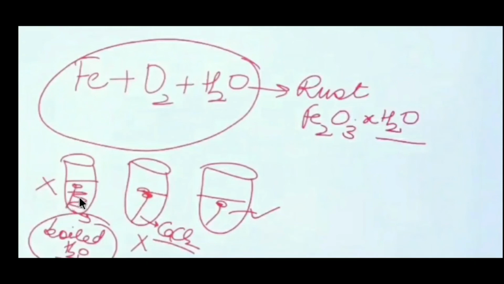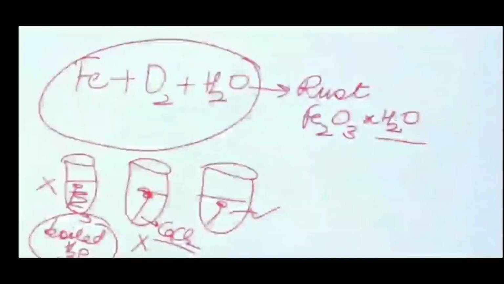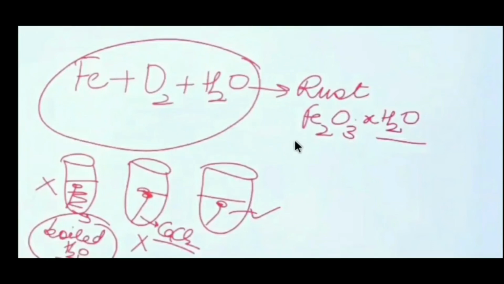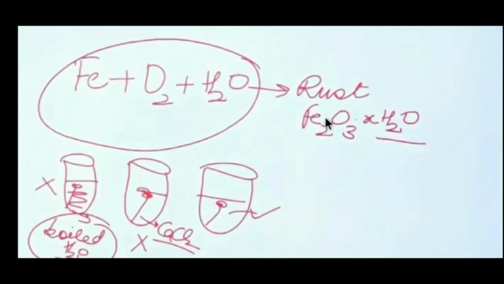So in this type of activity, one uses boiled water, and the iron does not rust. Then the second one is not boiled: ठंडा लेना है, गरम लेना है, और ऐसे ही उसके ऊपर कोई केरोसिन वगैरह डाल देना है। तो जो भी आयरन है उसमें रस्ट लग जाएगा कब, ऑक्सीजन और पानी के अंदर होगा तब उसको रस्ट लग जाएगा। बॉइल्ड पानी में नहीं लगेगा और केरोसिन और ऑयल में भी नहीं लगेगा। ऐसा एक्टिविटी भी आता है, तो वो भी यहाँ आपको डायग्राम के साथ कंडीशंस वगैरह लिखना है।